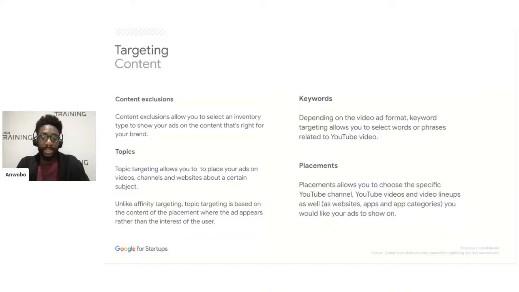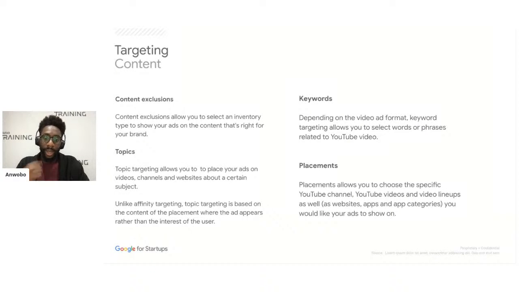With placements, yes, Timotheus, you can target a single channel. However, we do warn people when you want to choose that. The reason we warn you is because the channel may not be the most important thing. You're trying to go for the user. So the audience is probably the most important factor there.